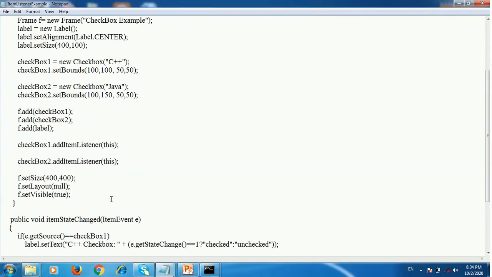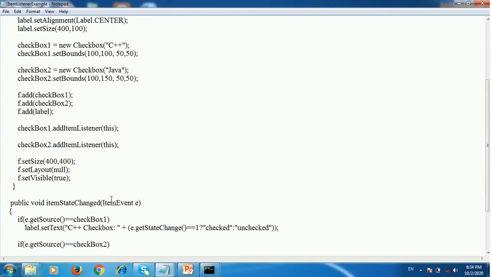After that, the setSize method is used to set the size of the frame window. Also the setLayout method is used to set the layout of the frame window, and the setVisible method is used to make the frame window visible to the users. Then public void itemStateChanged(ItemEvent e).